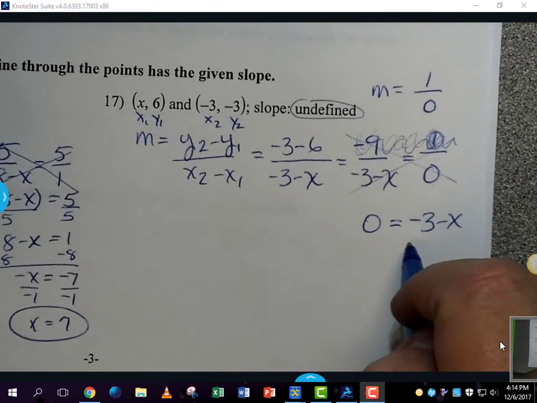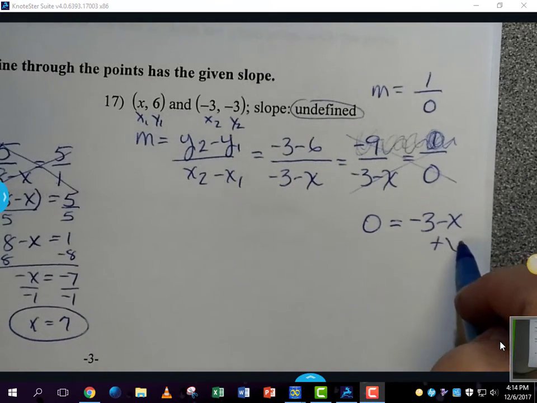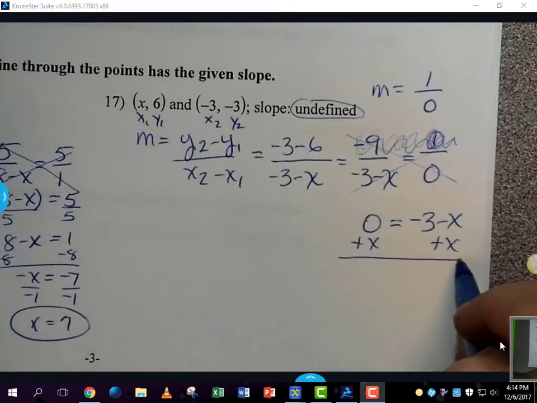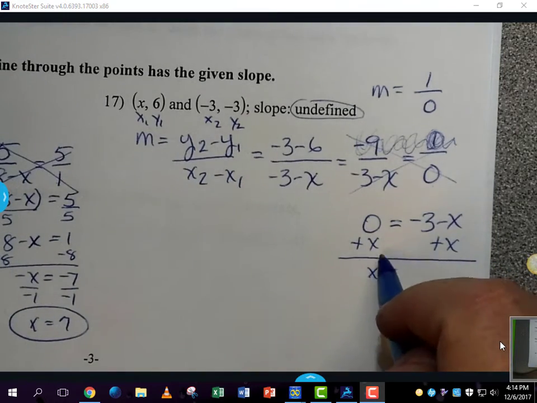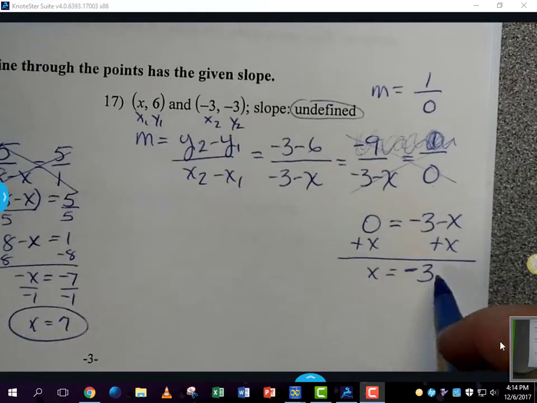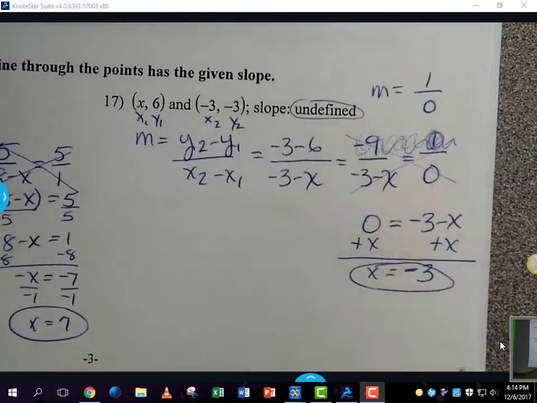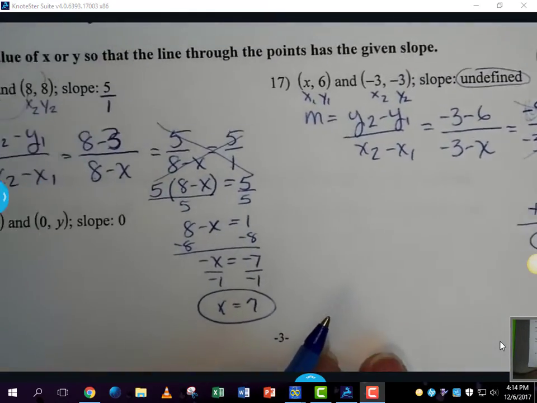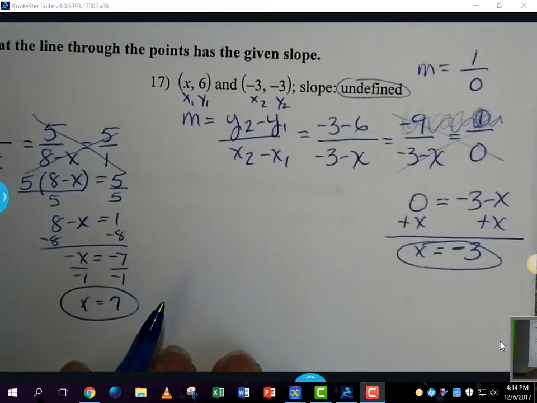Alright, so then now what I'm going to do is solve for x. I'm going to add x to both sides. 0 plus x equals x. X equals negative 3. Okay, and then finally this one over here